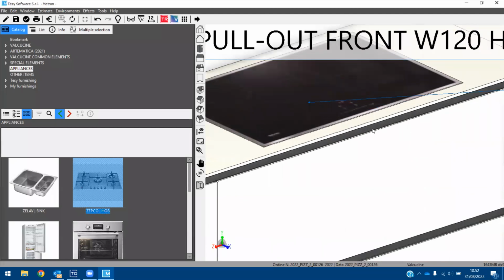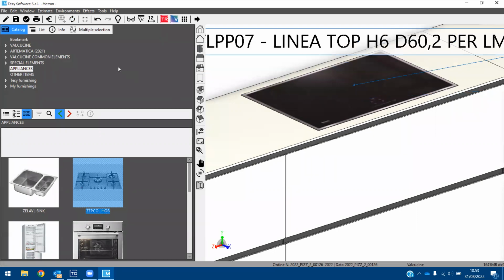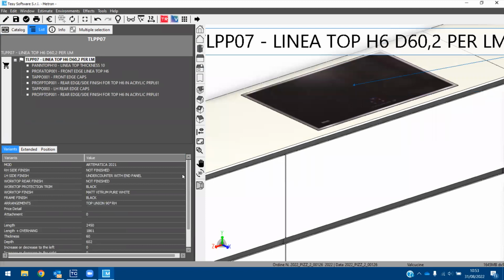The worktop, the hub is placed. Of course, it is not added to the estimate, just for the graphics, and I make a refresh, regenerate. If now with one click I select the worktop and I go in list,